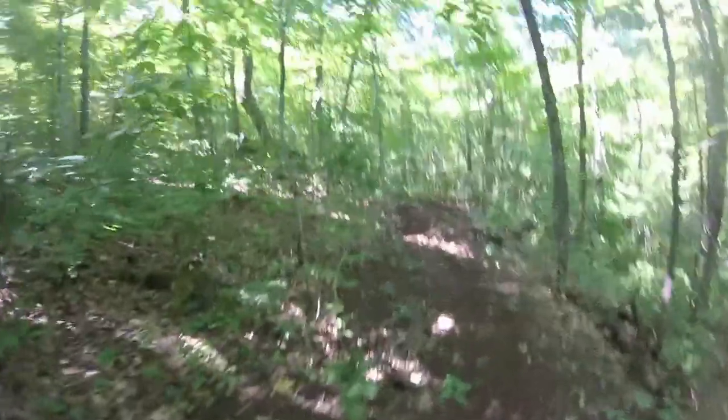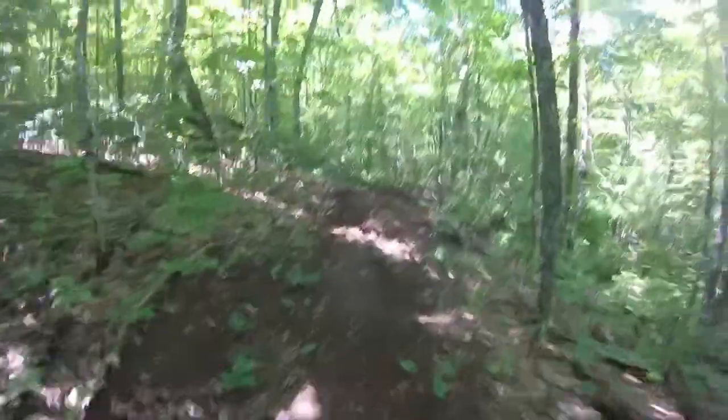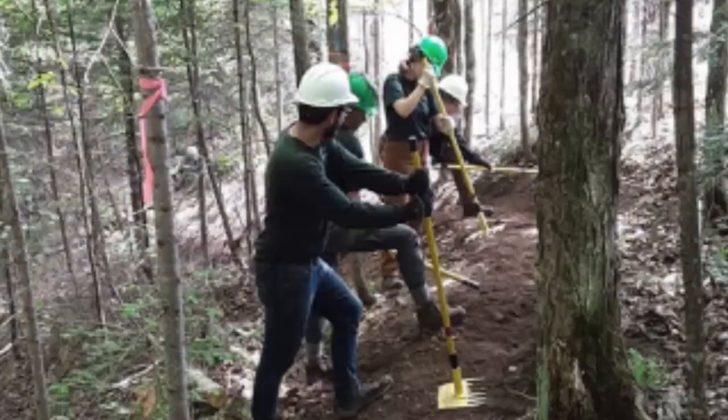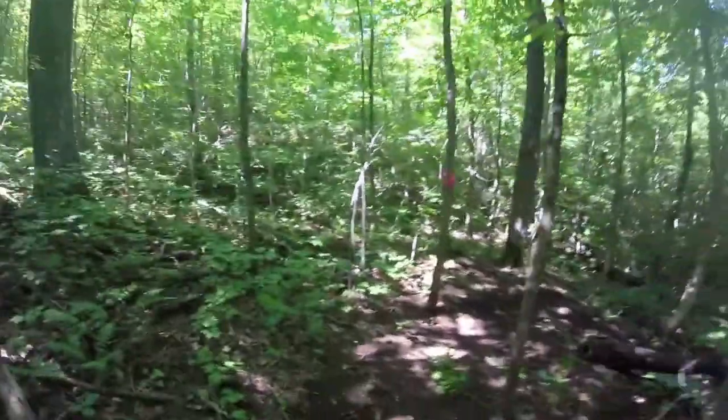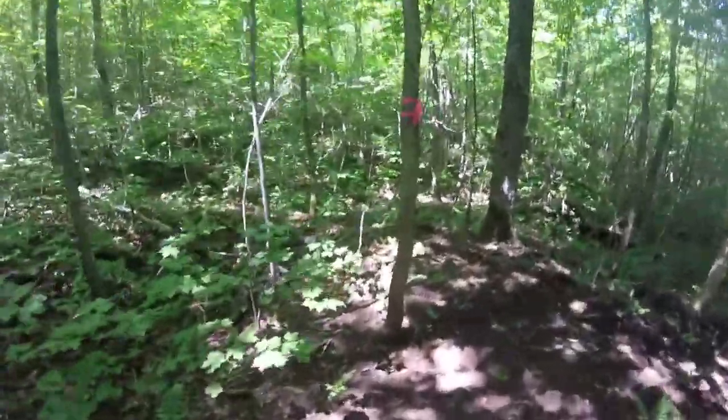I think I recall seeing some photos of them building this section. I remember seeing a photo of them building an uphill section. So thanks again to the Whisker for working with us. Otherwise, it'd take us quite a long time with just the volunteers that we have on work weekends to get this done. All right, here's another zag of the